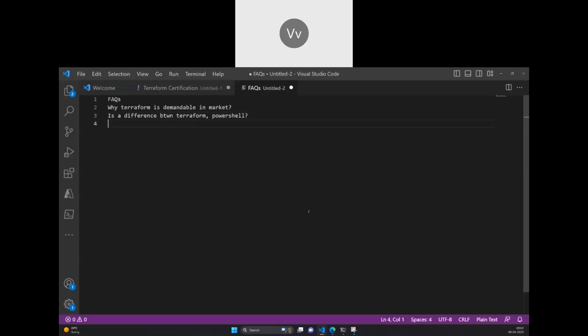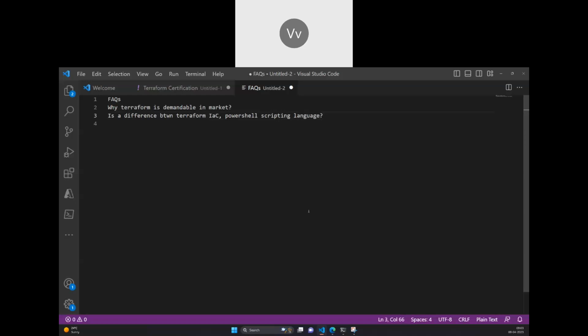PowerShell is used for management of the infrastructure, in terms of monitoring and all that. Primarily PowerShell does that. Terraform does it in terms of configuring, in terms of the deployment. After deployment, is everything properly as we expected? So we call Terraform an IAC, but not PowerShell an IAC. PowerShell we term as a scripting language, but PowerShell is more of, sorry, Terraform we cover as IAC, and PowerShell we cover as a scripting language.